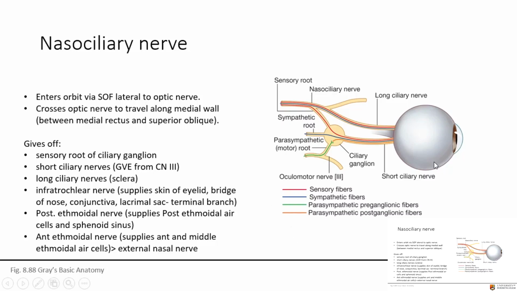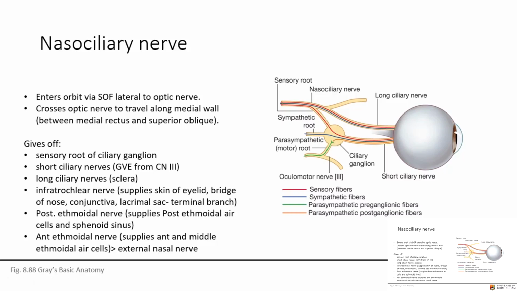So we have the nasociliary nerve, and in here the red are sensory fibers to the eye via the long ciliary nerve, and going through the short ciliary nerve to supply the posterior aspect of the eye. But we also have hitchhiking along the short ciliary nerve these fibers that are carrying parasympathetic component, and they are coming from